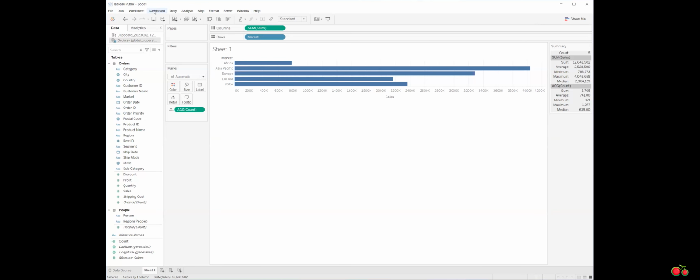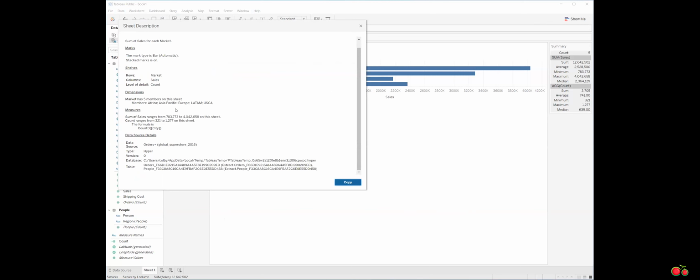So you go up here to worksheet, and you go to describe sheet right here. It'll actually give you a summary of all the data that's in here. It will also show you any custom calculations. Here's that calculation I just added into the detail just so it would pop up. So you have count ranges 321, 1277, and the formula is the count distinct on the city I did earlier. So this is very useful for when it's a workbook that you don't really know, and you're trying to